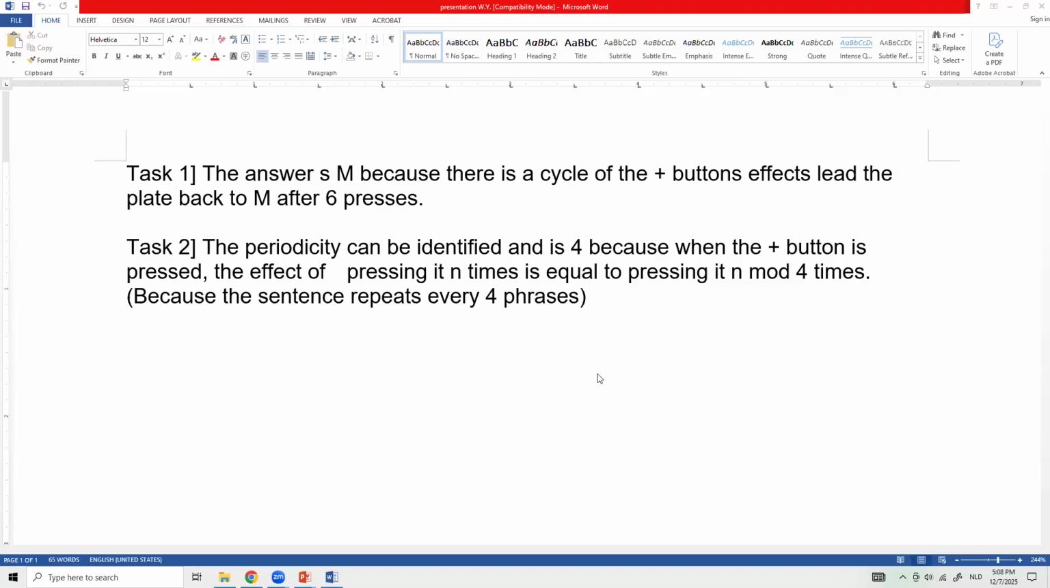So for the first question, they're asking if a plate is in position L, what is the position when the plus button is pressed 6 times? I answered with,